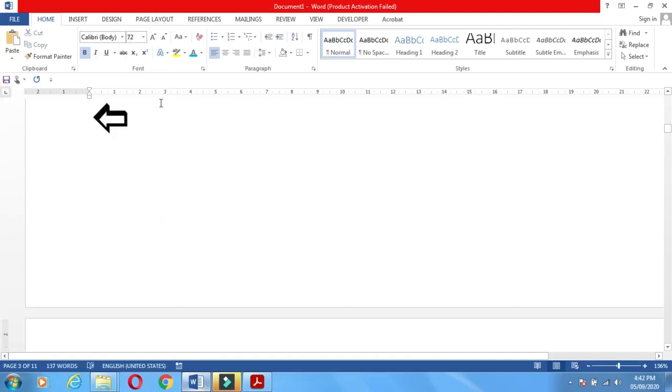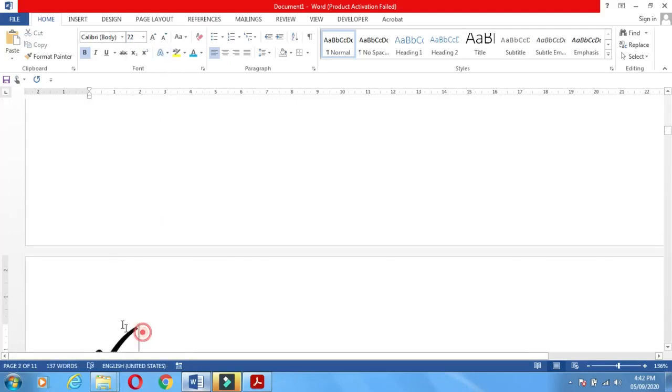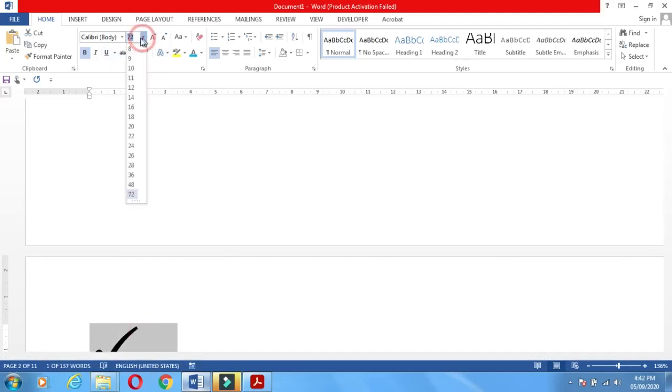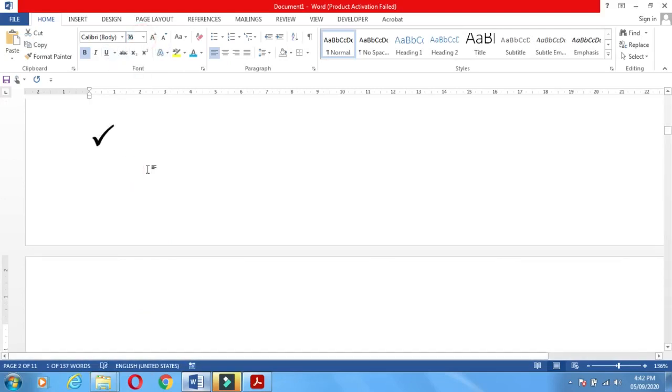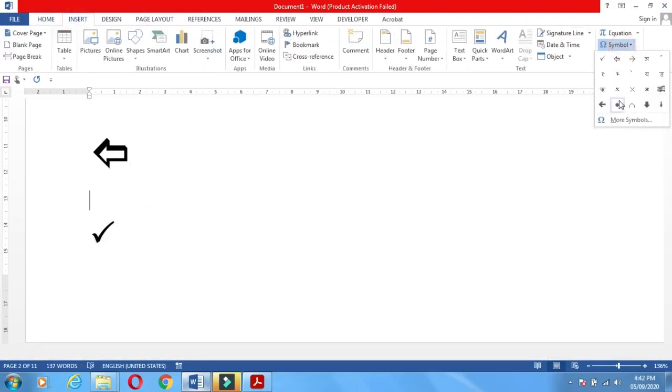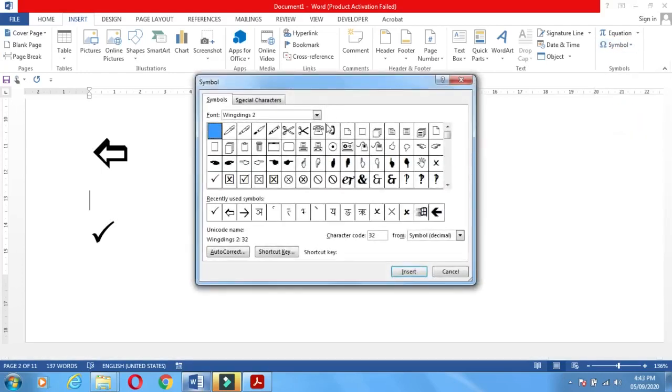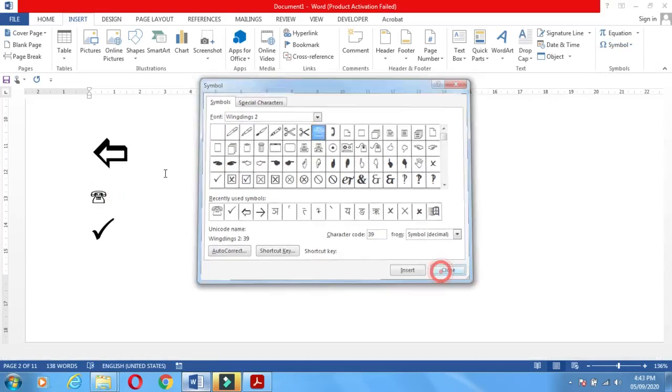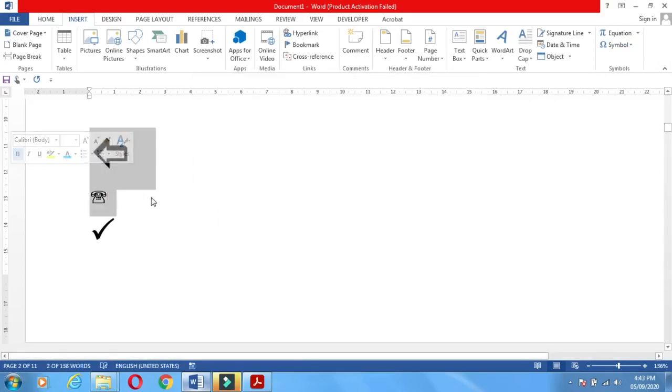In this way, the different symbols you can insert from the insert symbol. More symbols are here. Have you seen? This is the telephone symbol. Means you can format your text by using different symbols and equations. Understand?